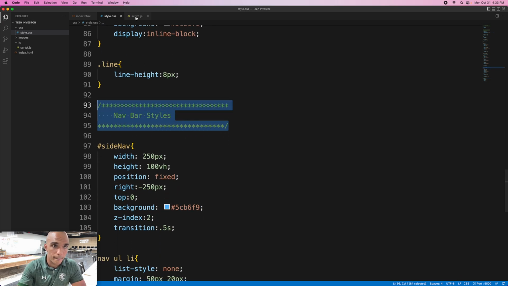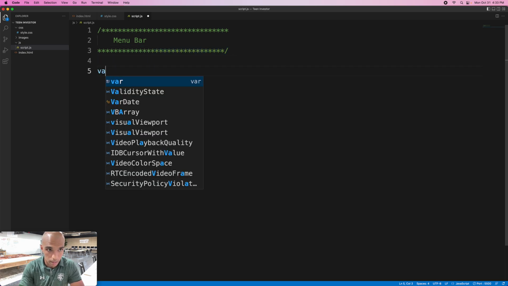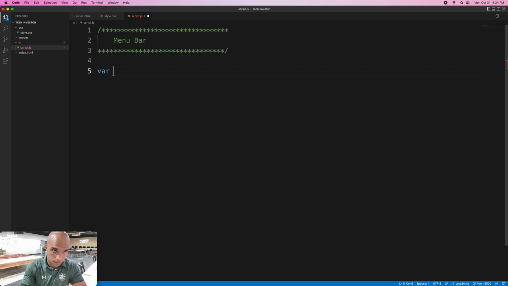Copy, paste, and we're going to do, this is the menu bar of what we're creating. Here we got var, stand for variable, menu btn, menu button,